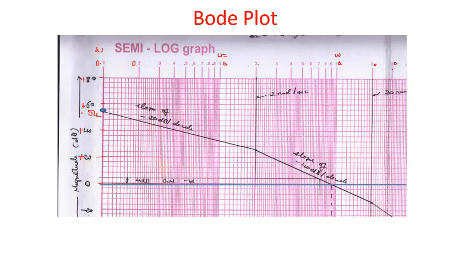Okay. Then what we do here, from here we have to draw a slope of minus 20 dB per decade up till the first corner frequency. So for that we go from here 20 dB down. So 20 dB down we go here. So it will be here, 34 dB. So this is 20, this is 24, this is 28. Here somewhere we are going to get 34 dB.